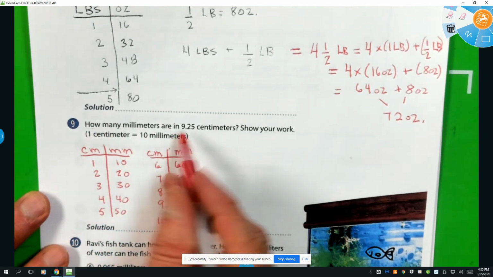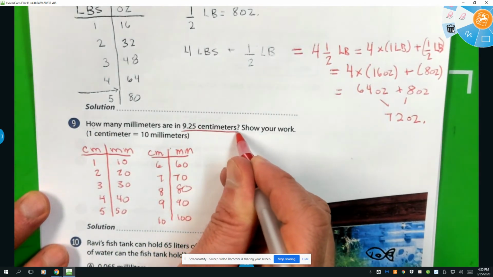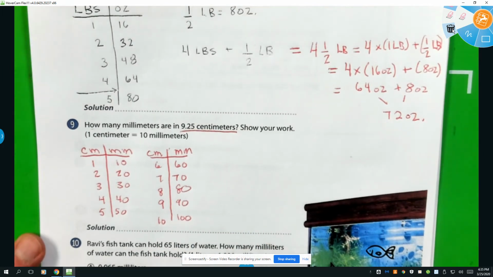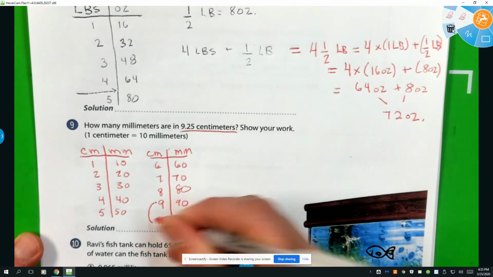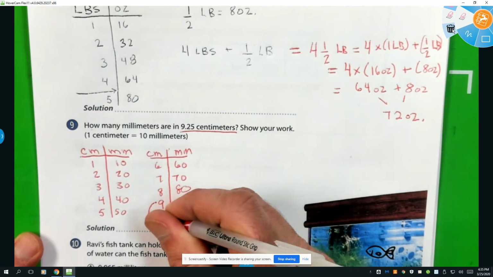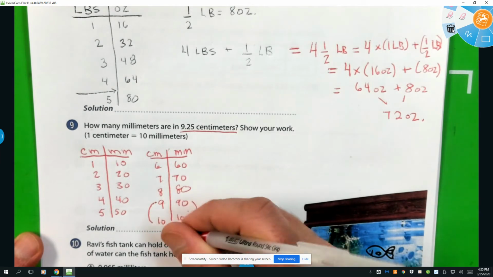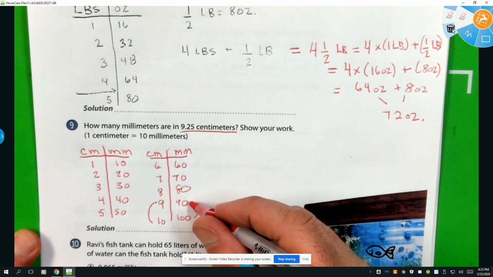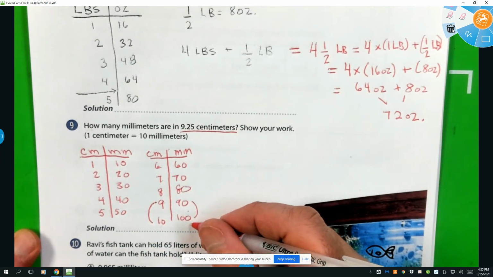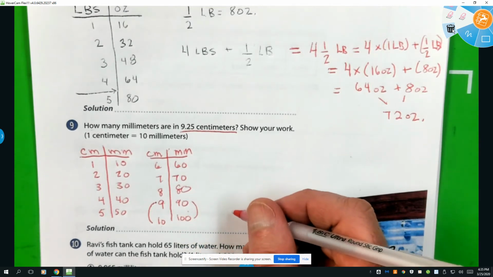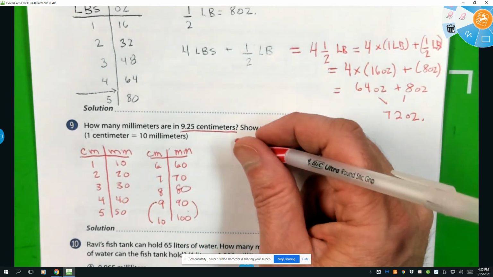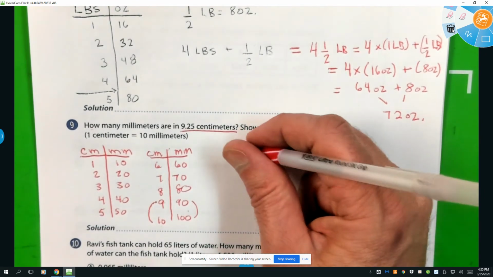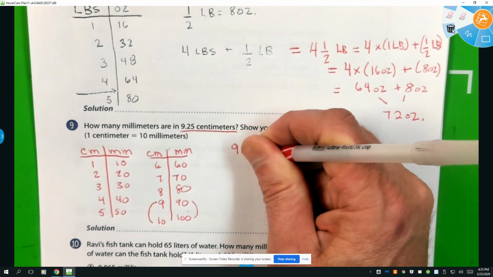How many millimeters are in 9.25 centimeters? Okay, so if I had 9 centimeters, I know it's 90. And if I had 10, I know it's 100, but it's 9.25. So it's going to be somewhere in between these two, between 9 and 10. So it's going to be between 90 and 100. All right. So jump right over here. 9.25